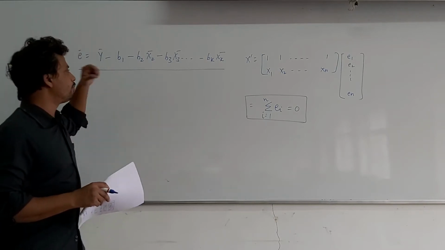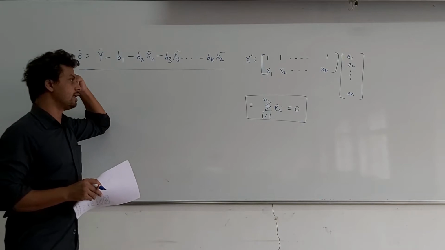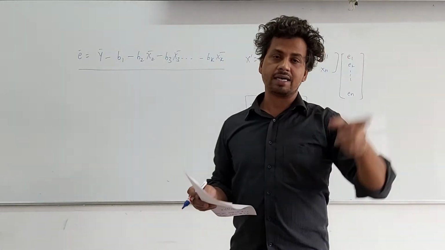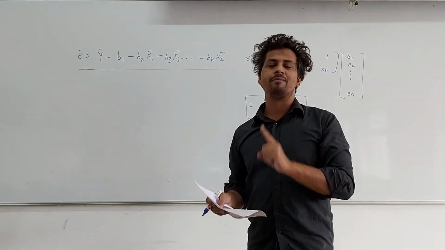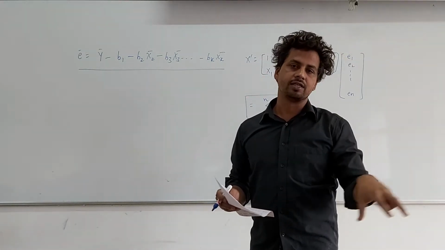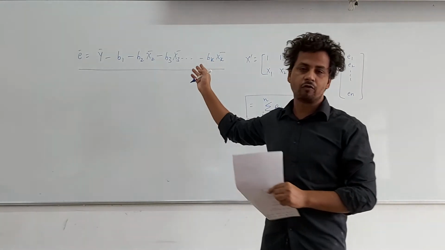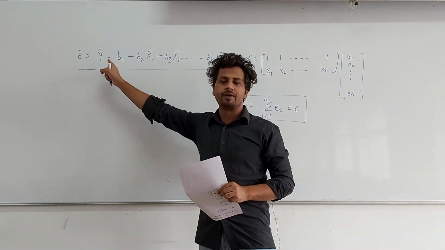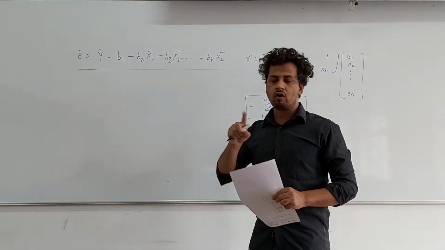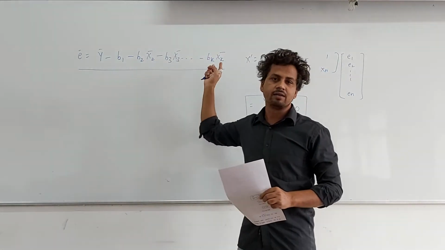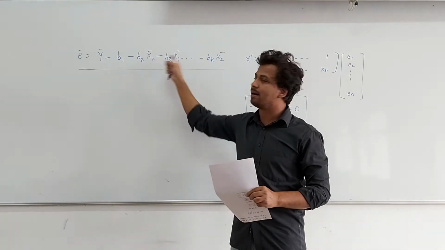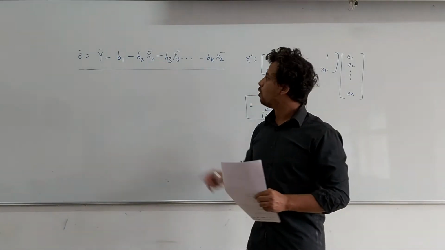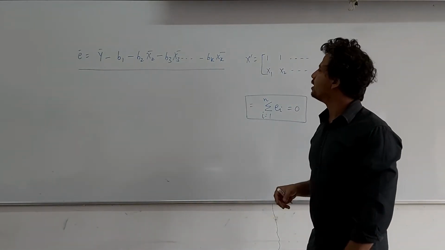This is a very important algebraic point of OLS, that your sample regression line or sample regression plane passes through the mean of sample observations in those dimensional spaces. So here I have k explanatory variables. What it means is that the average value of residuals is 0, and also that the sample regression plane passes through the mean of these observations in the k dimensional space. So always remember, this is a very important result.